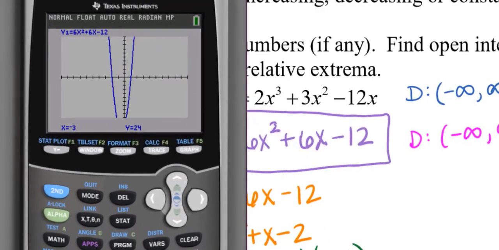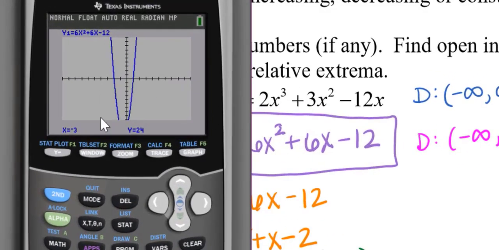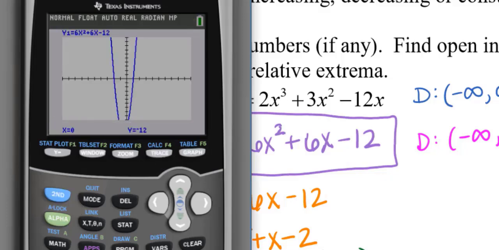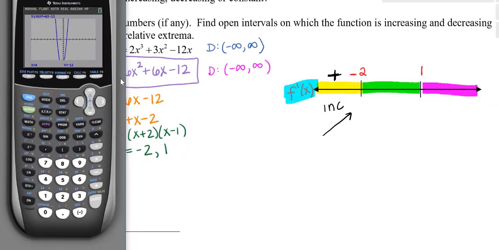Okay, then I look between x equals -2 and x equals 1. In that section, all of these first derivative values would be negative. I could calculate a value if you're unsure. Something like x equals 0 is between -2 and 1, and that's why I say pick the easiest values that you can. If I was doing this by hand, I really like doing computation with 0. So my y value is -12. In that center section, my first derivatives are negative, which means my original function is decreasing.